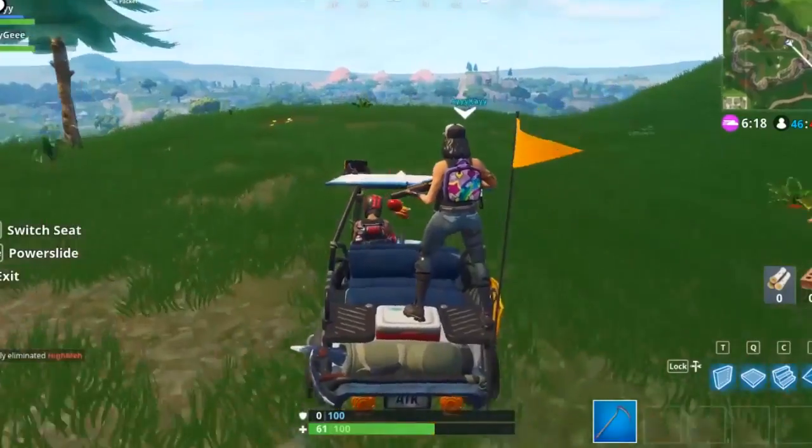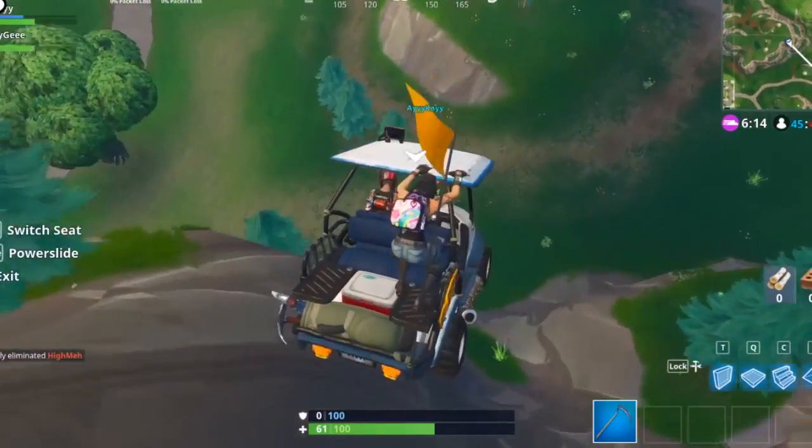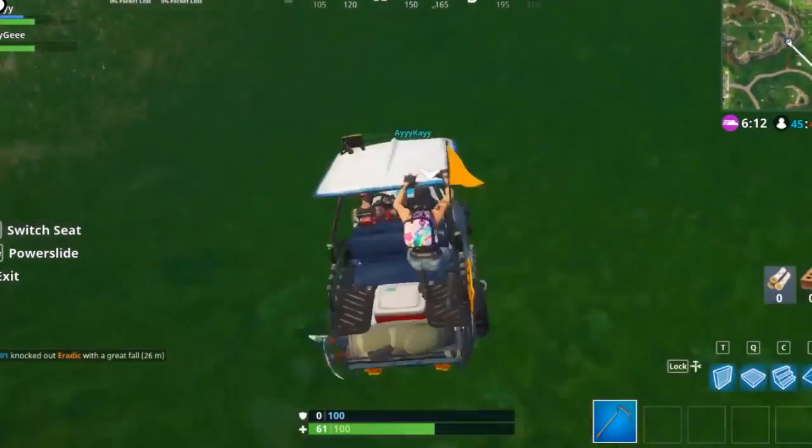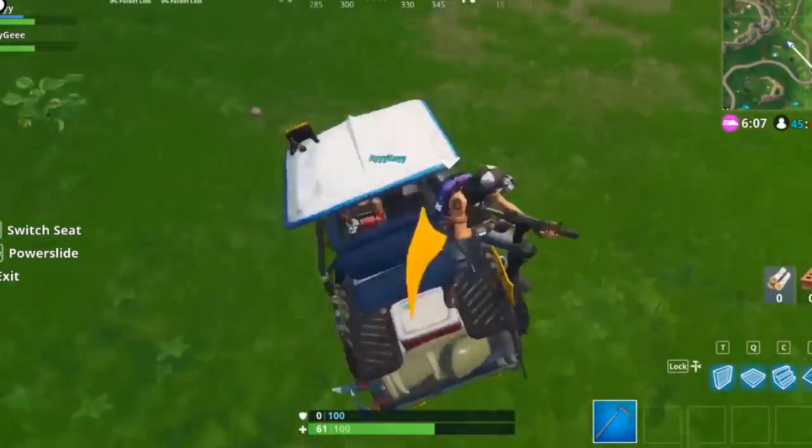Coming in at number 3, we have taking no fall damage when landing on the tires of the golf cart. This tip is extremely useful if you or your squad wants to get around the map fast. You can build a ramp up and use a bounce pad to send the cart flying, or you can send